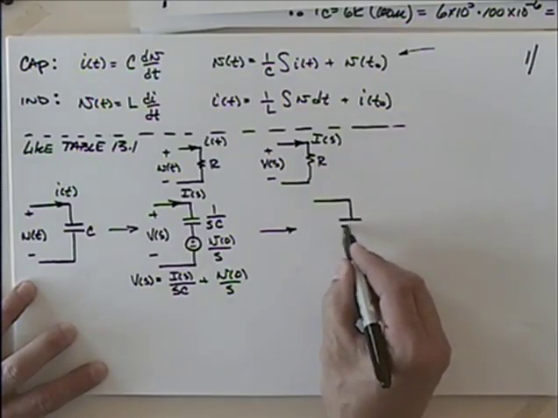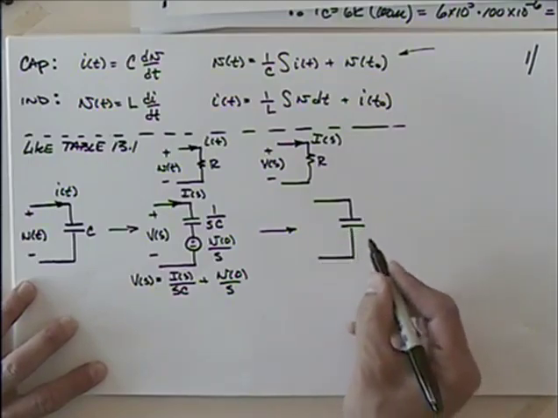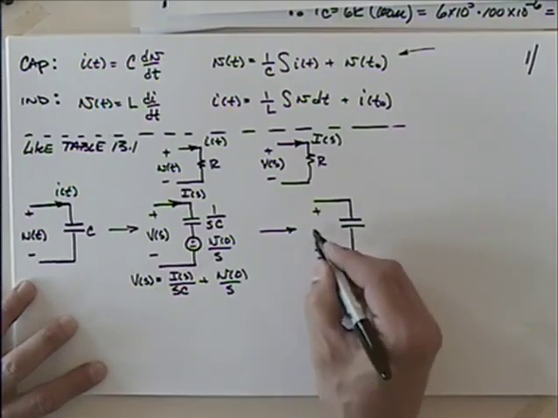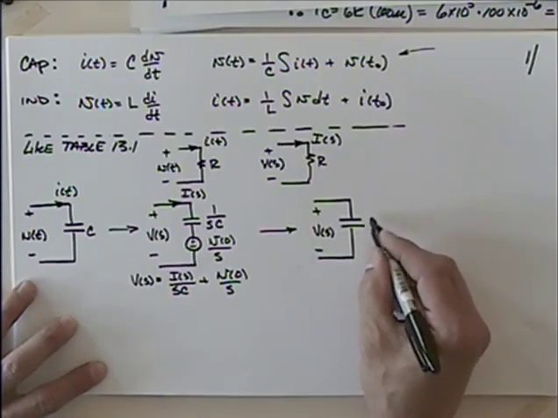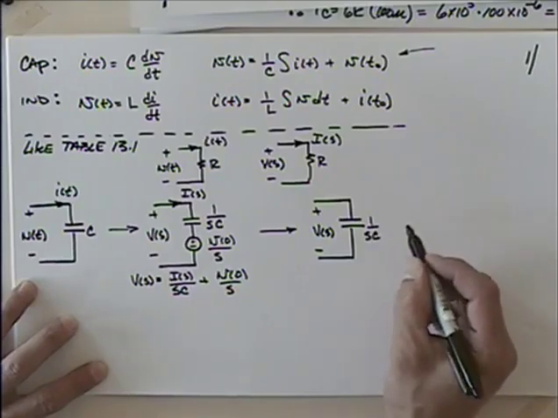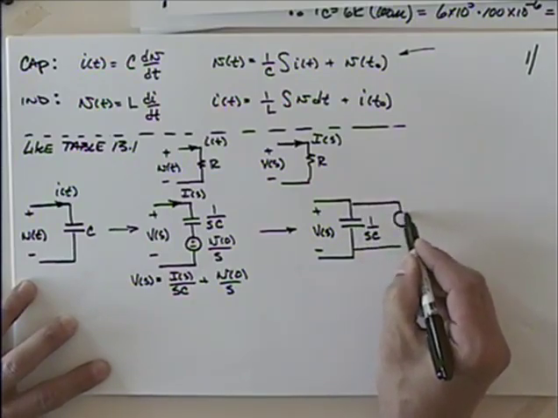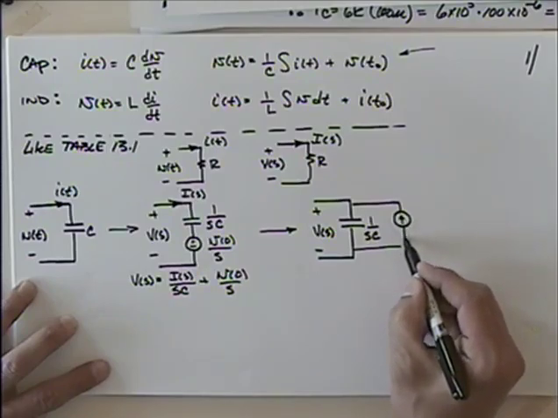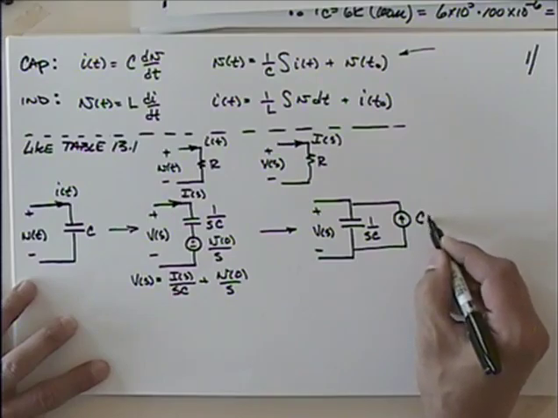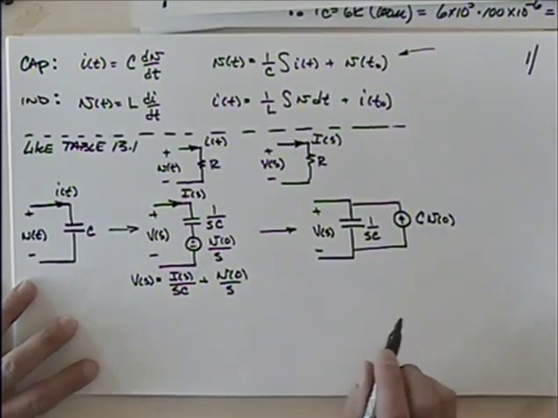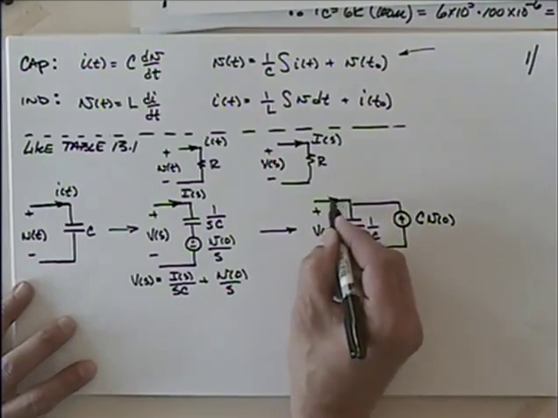So we'll take our capacitor, and we're going to have again some voltage Vs across this, and this capacitor is going to be 1 over S times C. And across this I'm going to put a current source. That current source will have the value of the capacitance C times the initial voltage. And we would still have the current then,